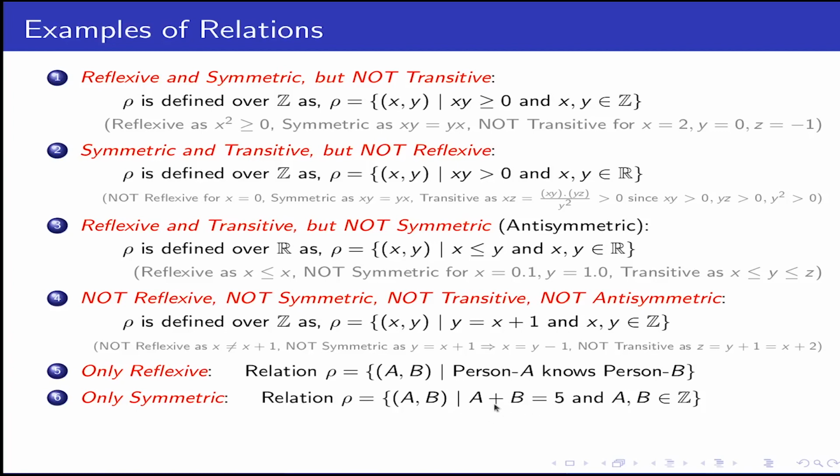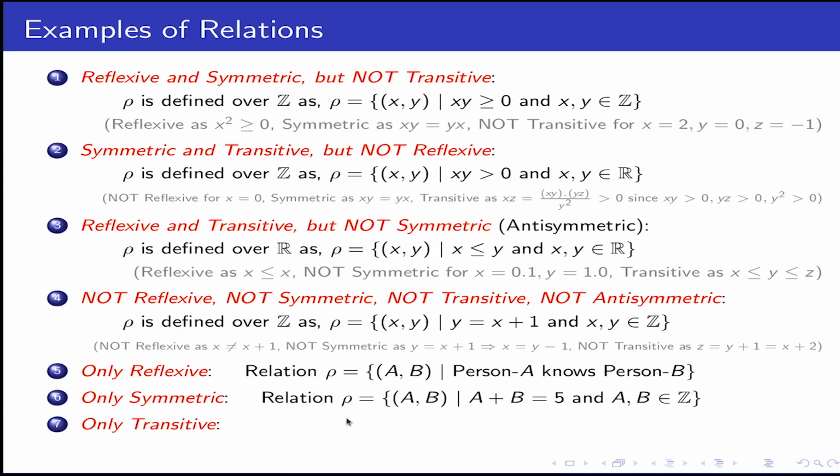You will get ample examples. Let's say 2 plus 3 equals 5, and then 3 plus 2 equals 5, then 2 plus 2 is not equal to 5. But it is symmetric because a plus b equals b plus a. So if you take the pair (a, b), then you are already bound to take the pair (b, a), because the pair (b, a) also results in the same thing and it should be in the relation.